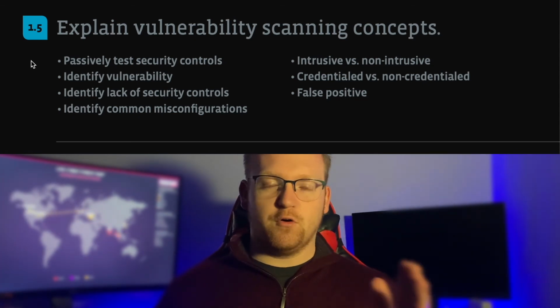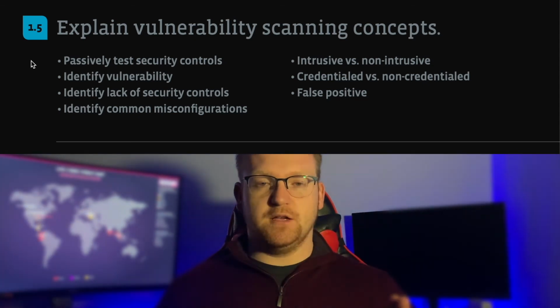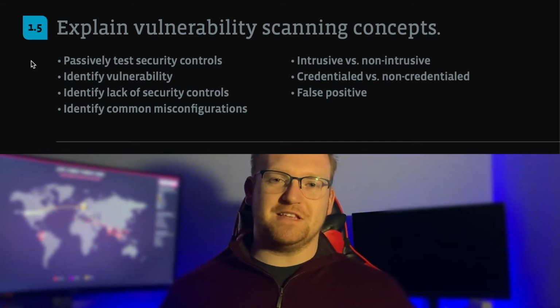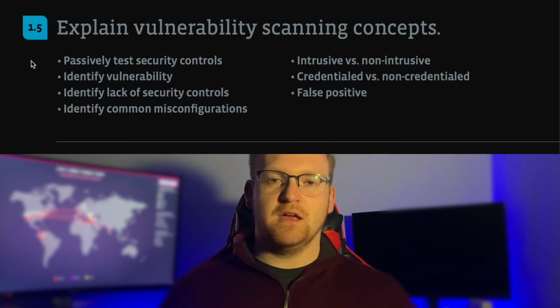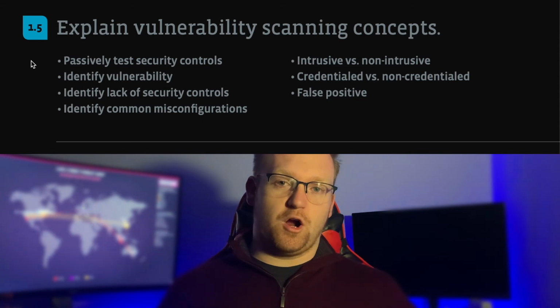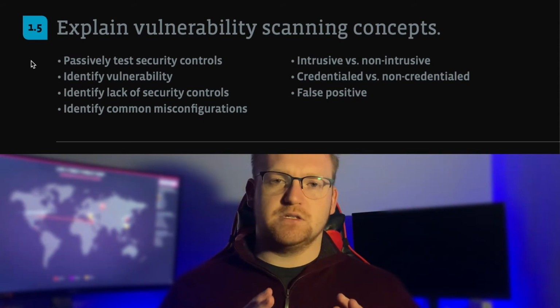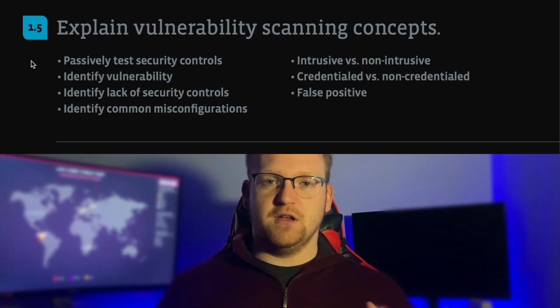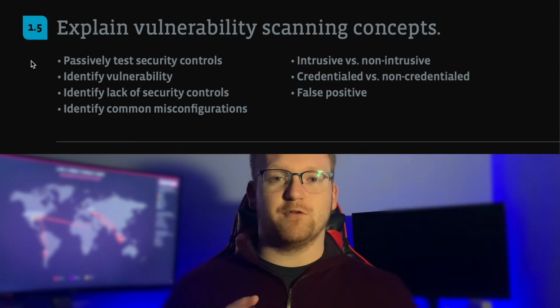Maybe you'll find a vulnerability that an exploit doesn't work. And just because it doesn't work doesn't mean it wouldn't work for the attacker, but it's something that would be noted. But obviously exploits that do work will be noted differently. So you're gonna wanna make sure that you are not doing an intrusive vulnerability scan whenever the scope is in